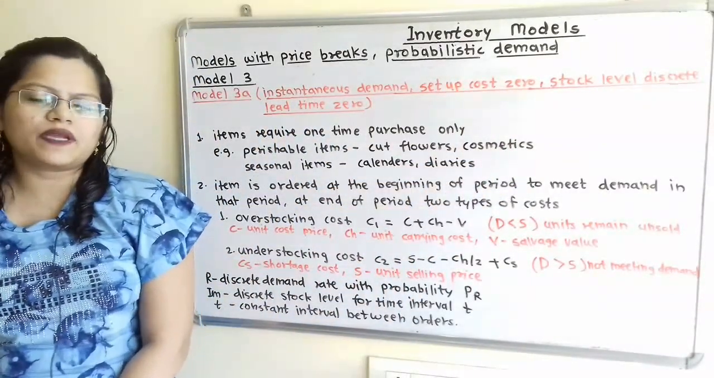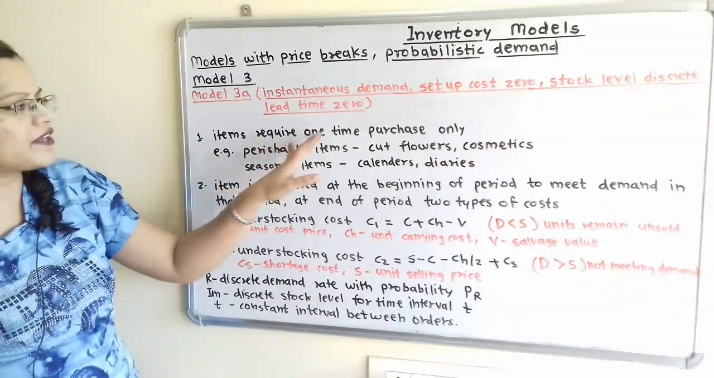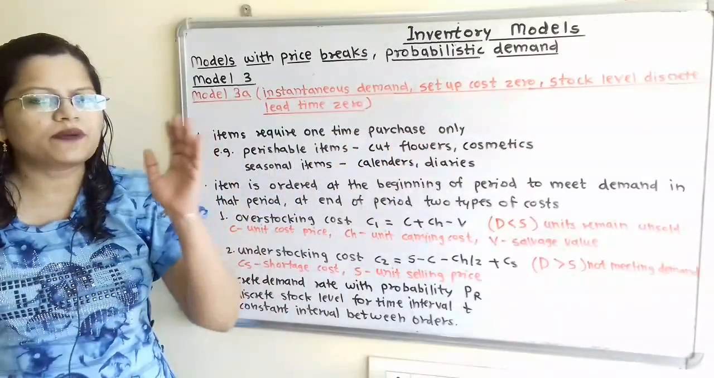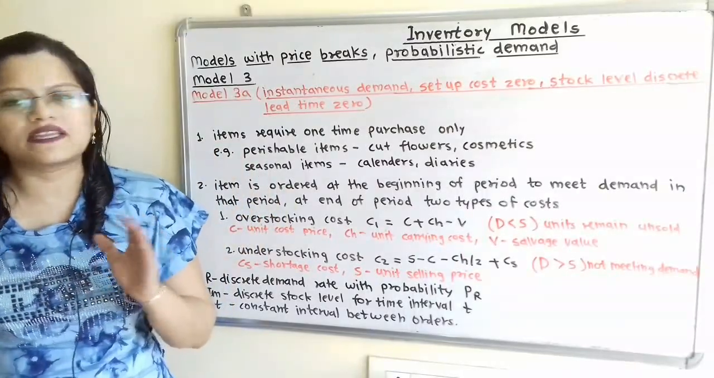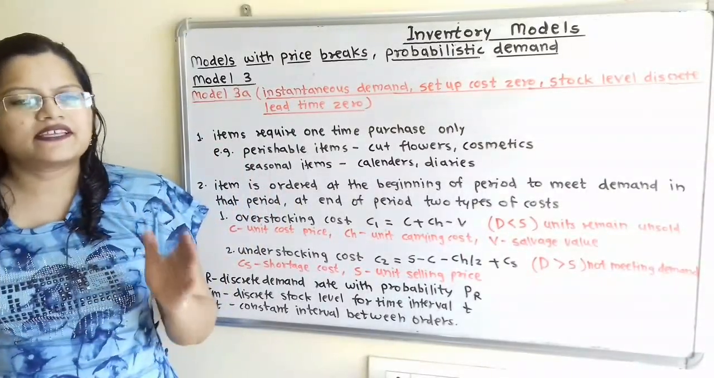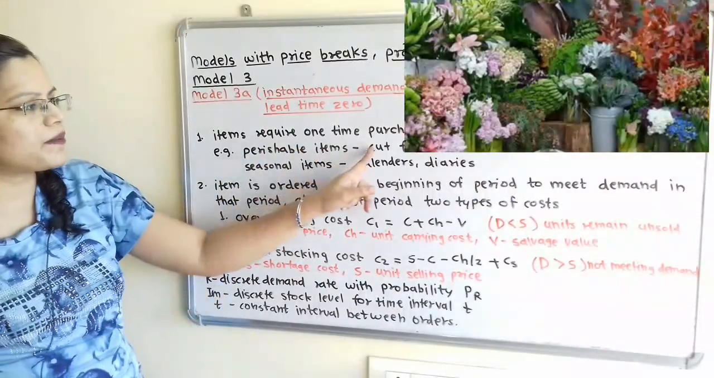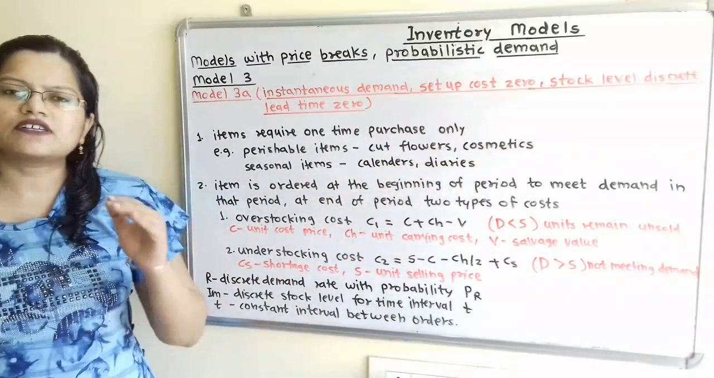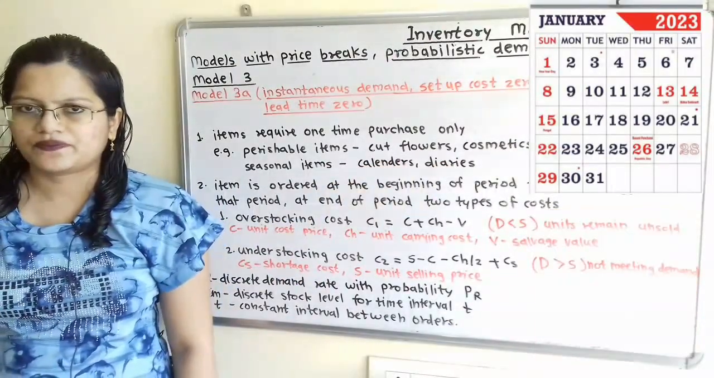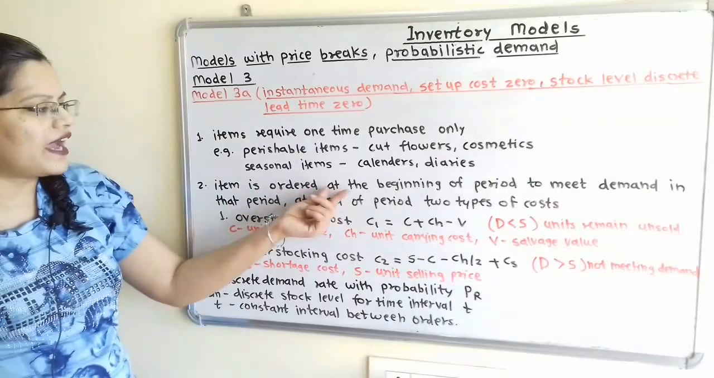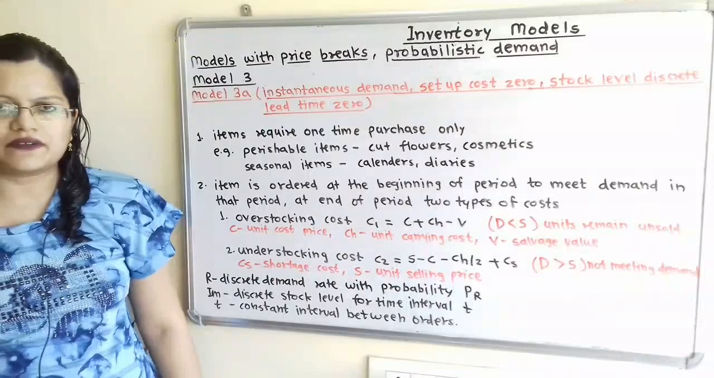Now we will understand some important facts. For this inventory model 3A, items require one time purchase only. For a particular period of time, these items are purchased at the beginning of that period. This model is applicable for perishable items, for example cut flowers and cosmetics. It is also applicable for seasonal items, that is calendars and diaries. Items are ordered at the beginning of the period to meet the demand in that particular period,